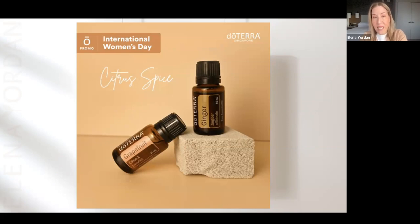You could see that in the diffuser blend that we showed before. Here it is with grapefruit. I kind of like it with orange or tangerine. I also like ginger blended into a warming blend, almost like a chai tea, using it in moderation because it